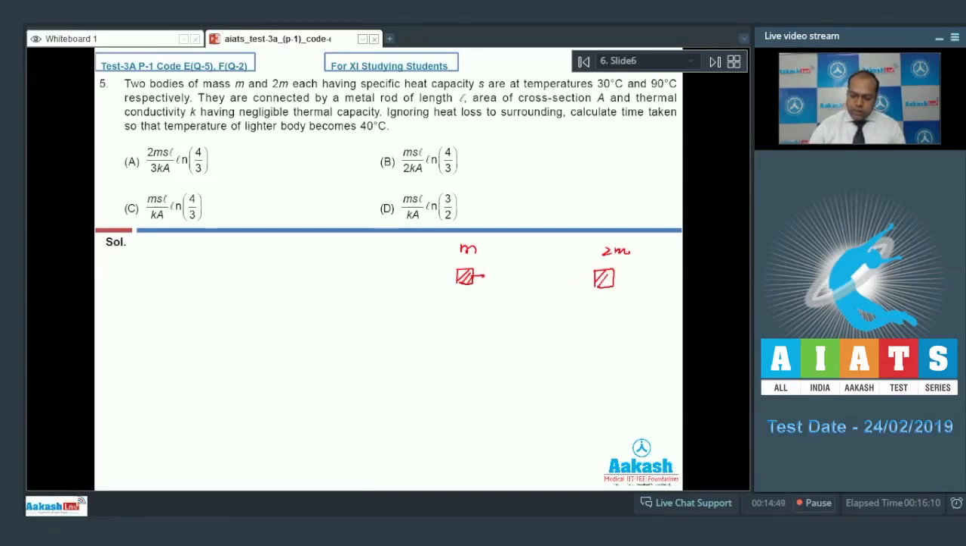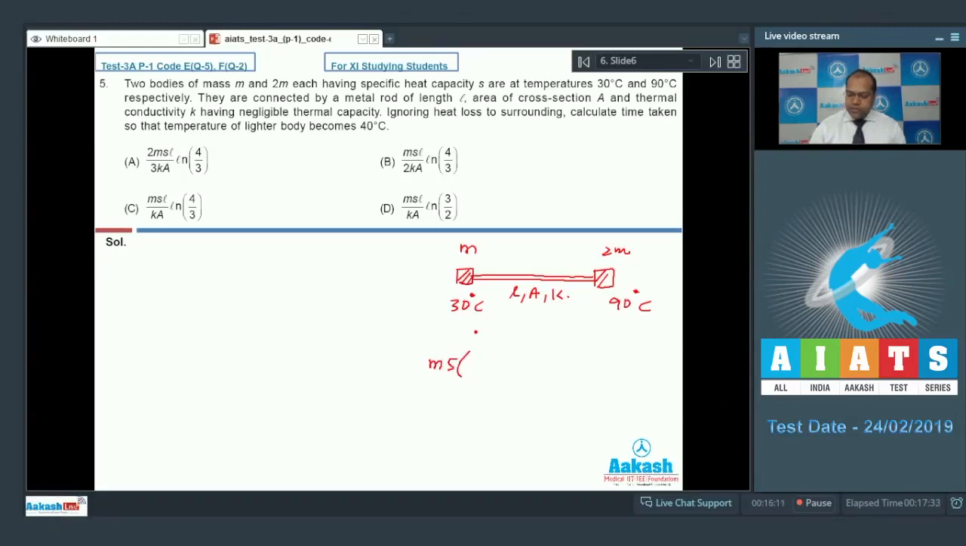So these two bodies are connected by a rod whose data is given in the question. Its length is L, cross-sectional area is A, thermal conductivity is K. Now, the initial temperature of this body is 30 degrees Celsius and this body is at 90 degrees Celsius, and now they are connected by a rod. So if I calculate the final temperature of this system, then I can write